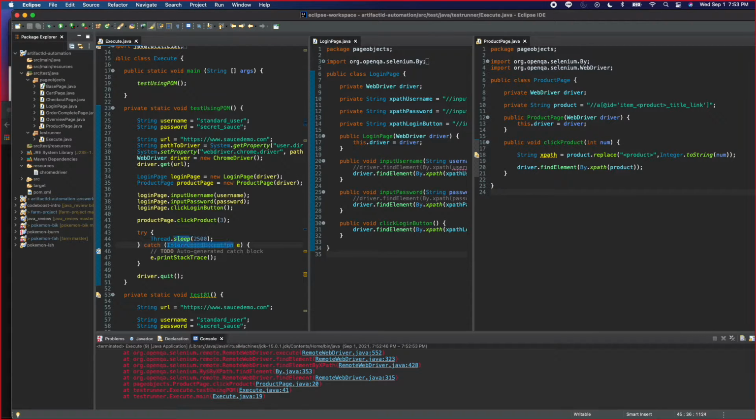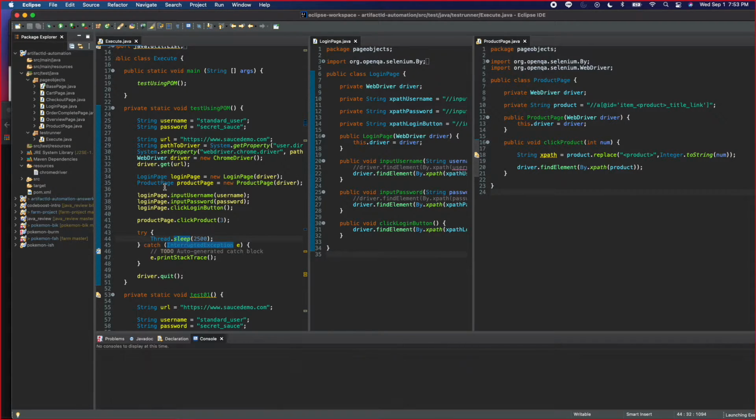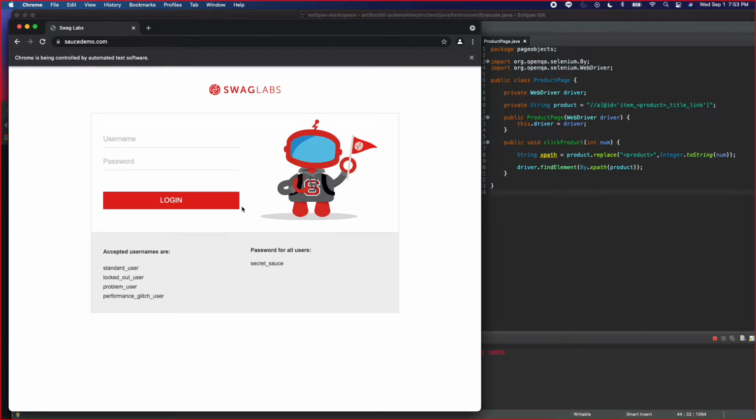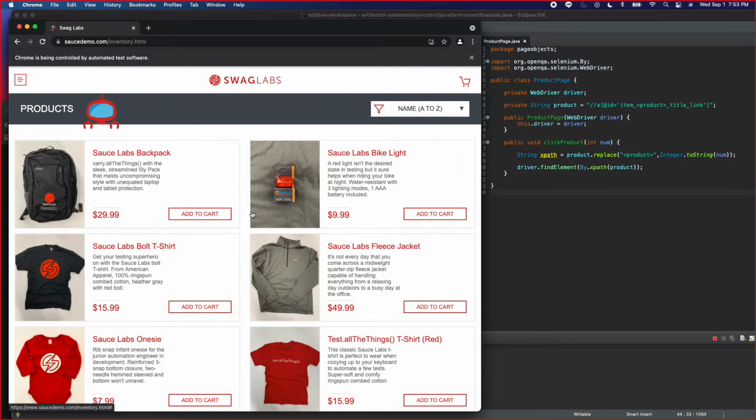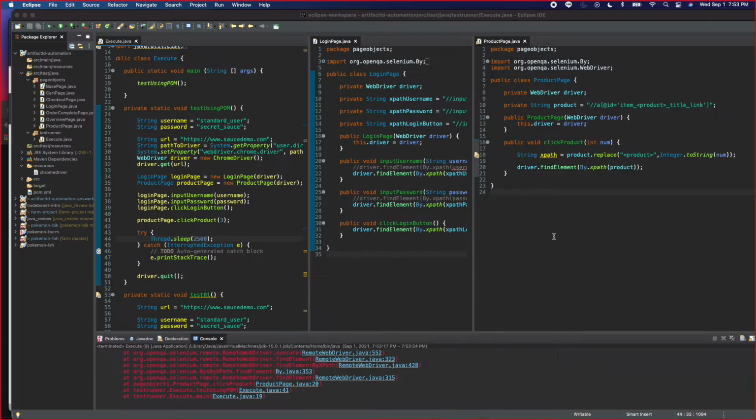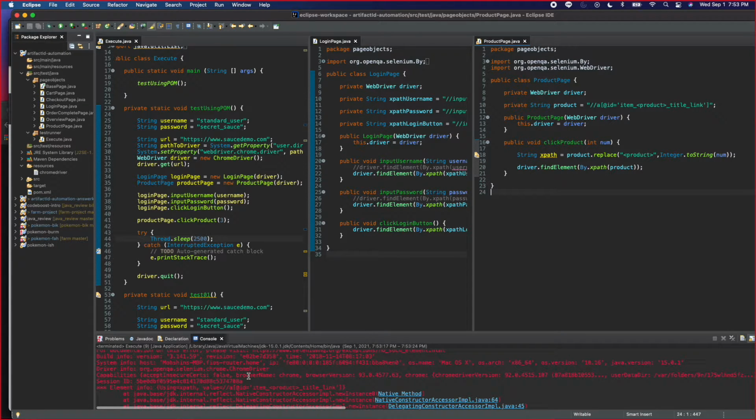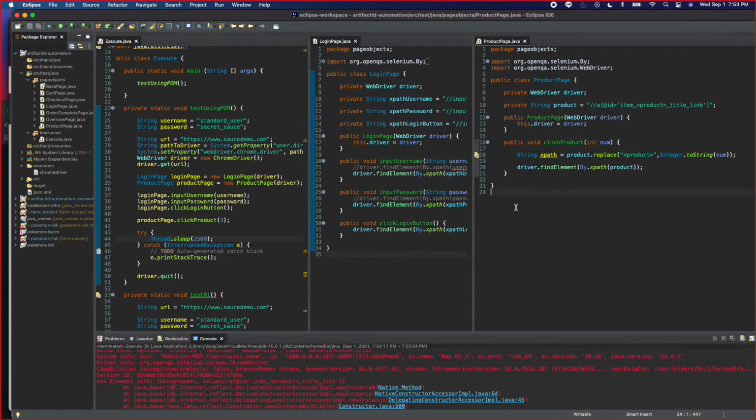And there's a timeout so we can look at what gets clicked. So when we run it, go there. Let's see what happened. Oh, no. Okay, what did we do wrong? It's over here. You put find element and you put product instead of